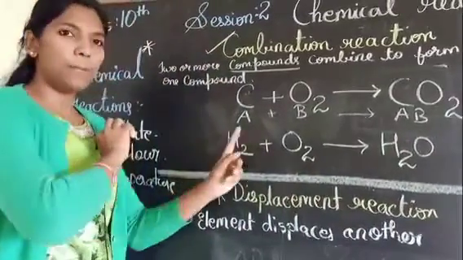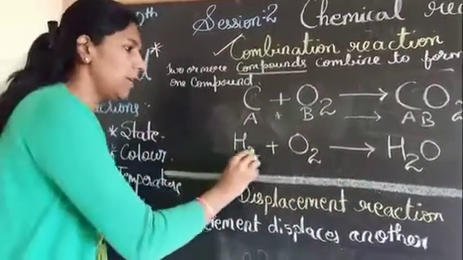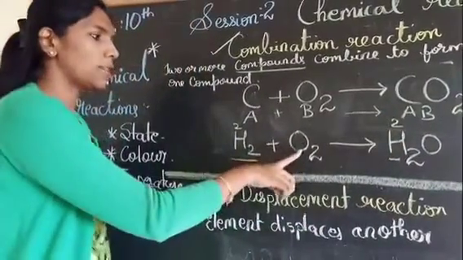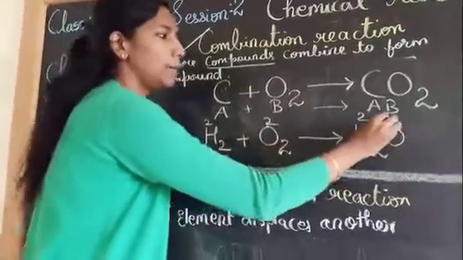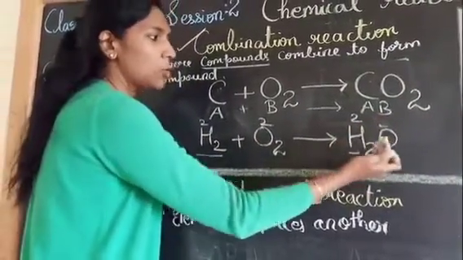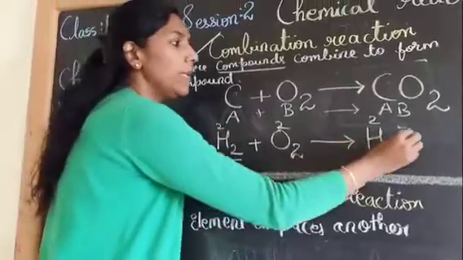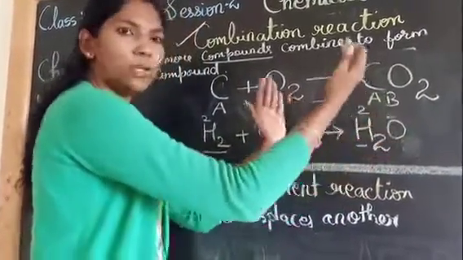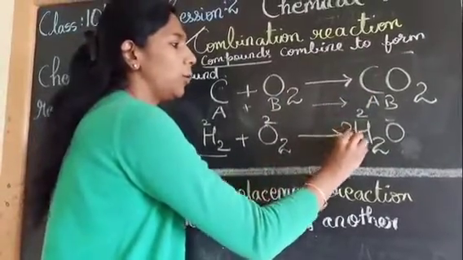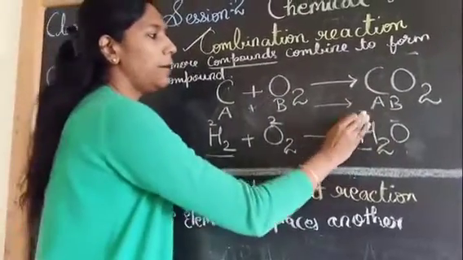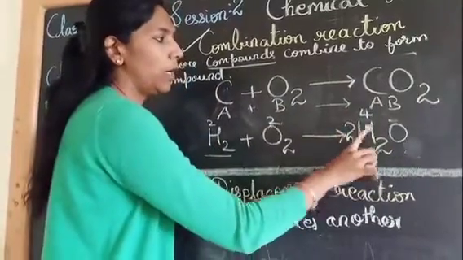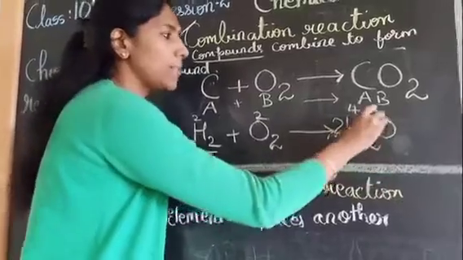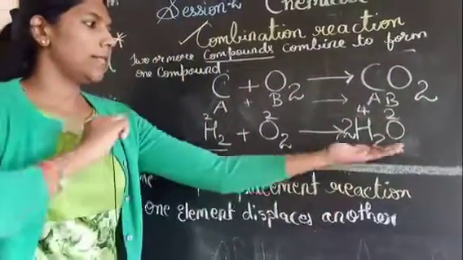H2O. Is it balanced, children? No. Let's check out. Hydrogen, we have 2, that side we have 2. Oxygen, how many? 2. That side we have only 1. So in order to balance, what do we have to do? Can we put 2 directly here? No, the compound is already formed. So you are going to place 2 here. So 2 twos are 4, 2 twos are 4. So total hydrogen atoms we have 4. Oxygen we have 2.